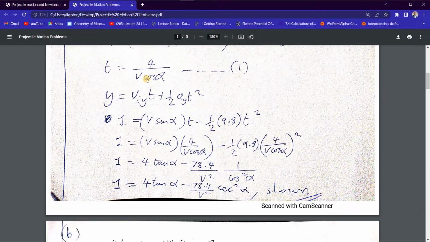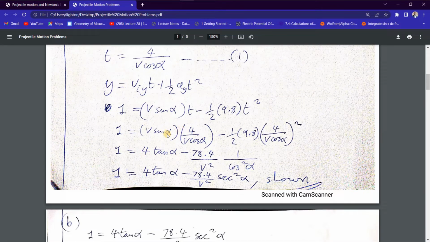Here is what we replaced in there: minus half g t squared, where t takes the value 4 over v cos alpha, then we square it. Simplifying this expression further, you see there is sine alpha over cos alpha, which is just an identity that gives tan alpha, and this v will cancel with that v, and we just remain with a 4 and a tan alpha,